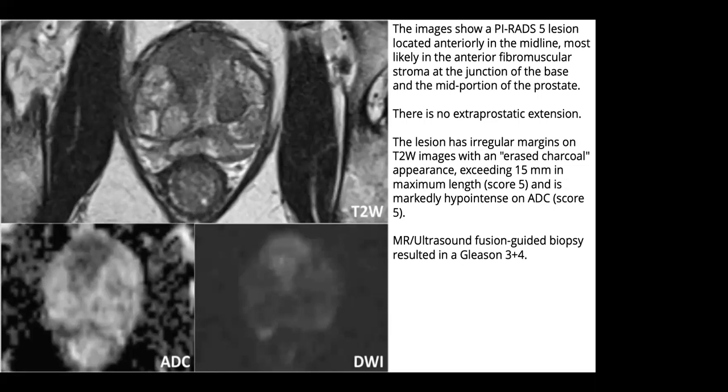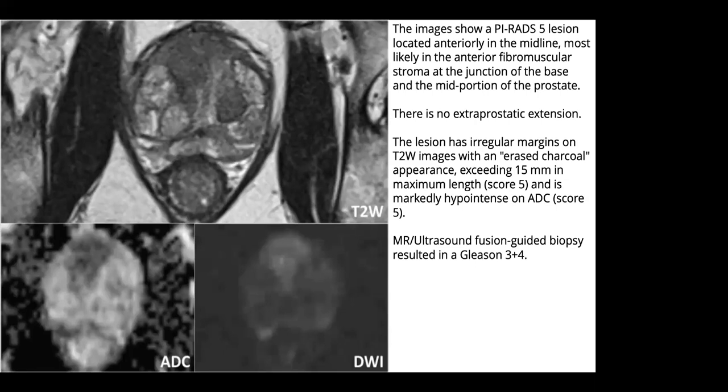And on T2, if we see the anterior part of the prostate, we see an ill-defined or non-circumscribed hypointense lesion, which is anteriorly in the anterior fibromuscular stroma region, which is again showing diffusion restriction, and the size of this lesion is definitely exceeding 15 millimeters, making it